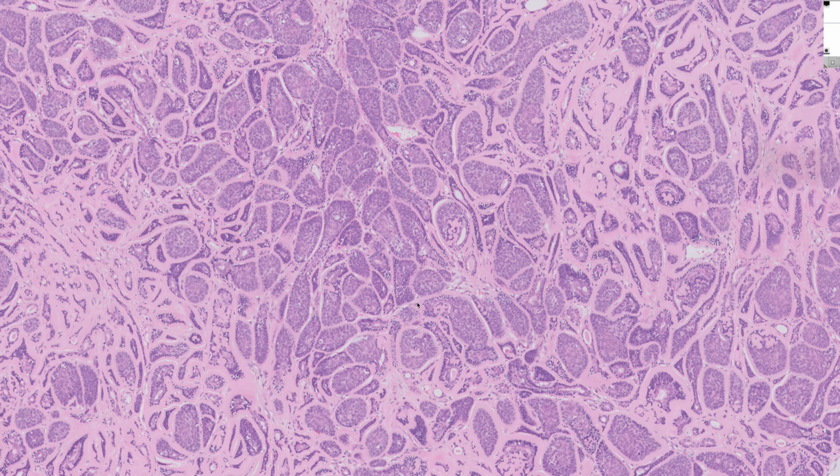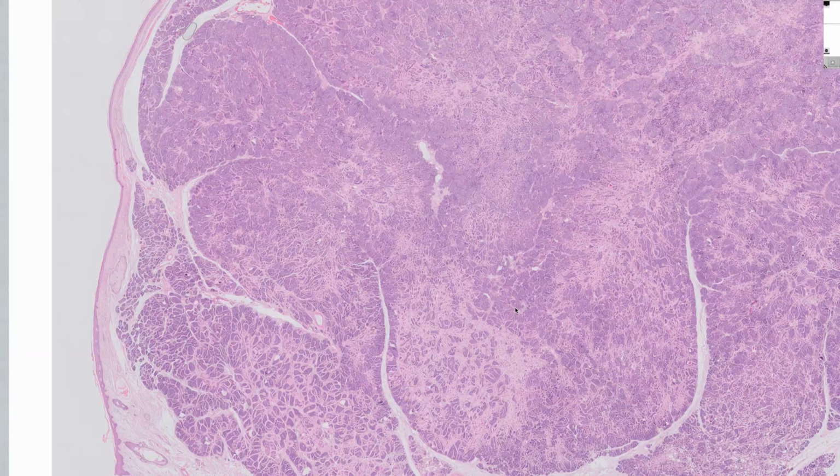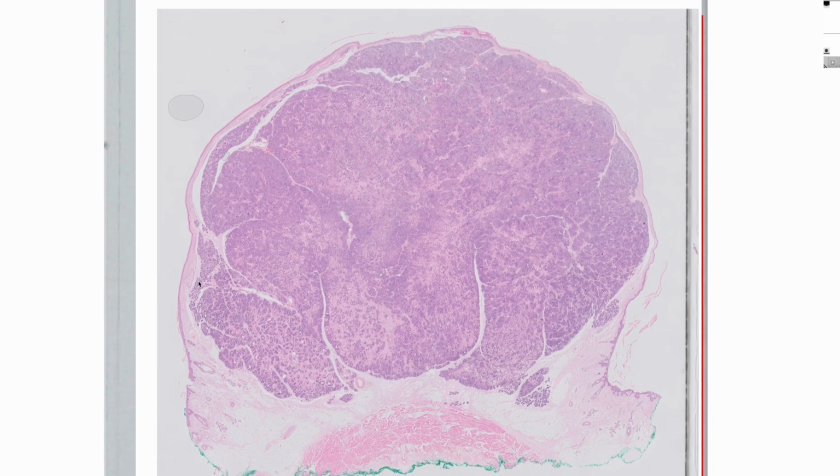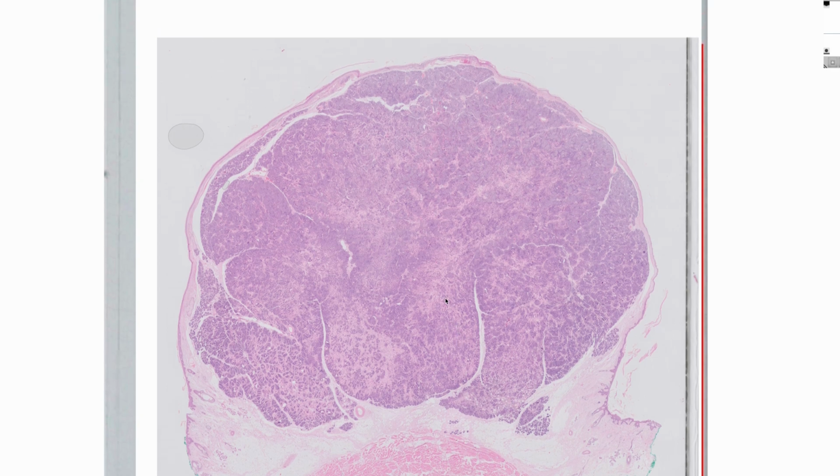So all these findings together are really very typical of cylindroma, and like any benign adnexal tumour, generally the silhouette of the lesion is always very reassuring in its benign nature, being very well circumscribed and non-infiltrative. So this is a nice example of a cylindroma, a type of benign sweat gland tumour, very often found on